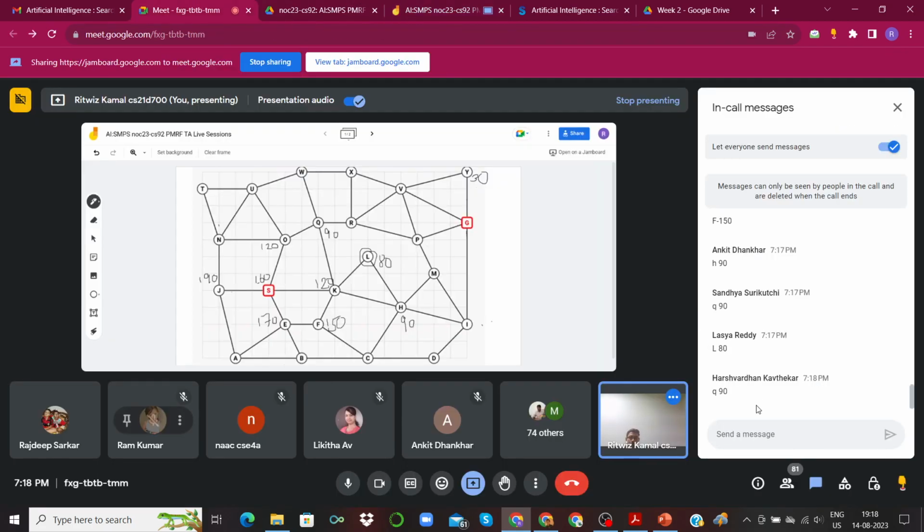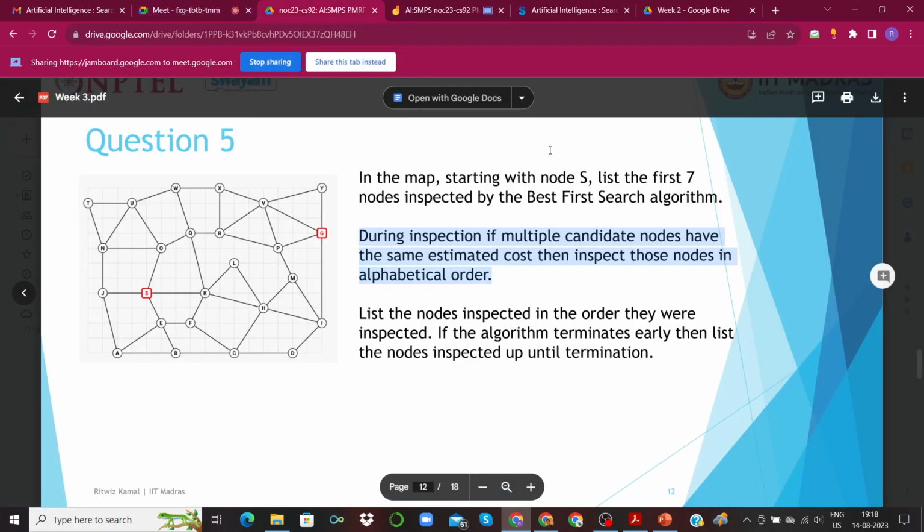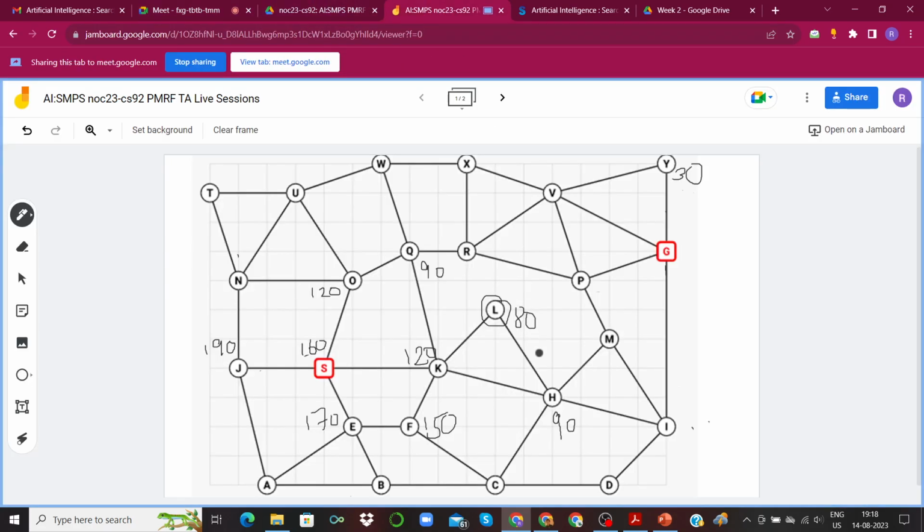Now here comes another subtlety about this best first algorithm. Best first will only move ahead when it sees that there is a better option ahead, right? But once we are at L, all the places that we could go to from L have a higher heuristic value. L is connected to K, which has a higher heuristic value of 120.